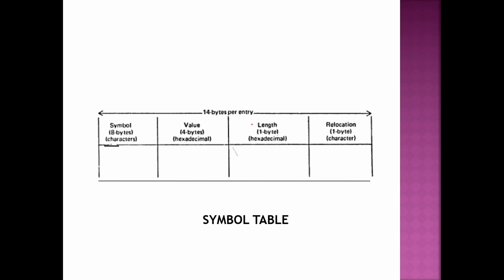Let us see what a symbol table is. The symbol table is where you store especially your variables and labels, all these things are going to be stored in the symbol table. So what information should you know in a symbol table? First of all, 8 bytes is given to you, which means your symbol cannot exceed that. So you can only have 8 characters. Each character will be stored using 1 byte, so you can only have a maximum of 8 characters.